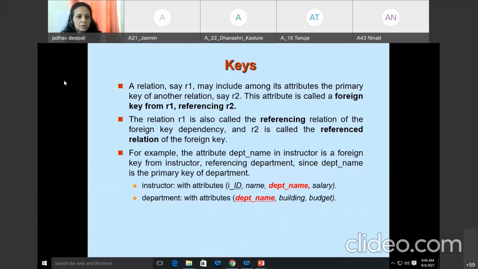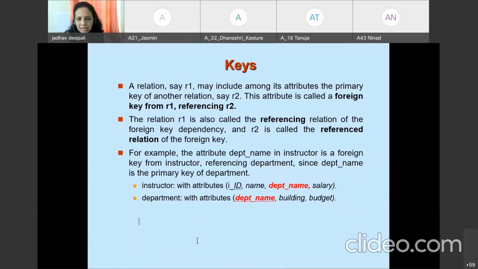So another example I give here. Instructor entity set is there, student entity set is there, and advisor is a relation between them. So what are the attributes of the advisor? Primary key of student, primary key of instructor. So I use here SID as the student and IID as the instructor primary key. So these are the primary keys of student and instructor, meaning these are the foreign keys for advisor, but these are the